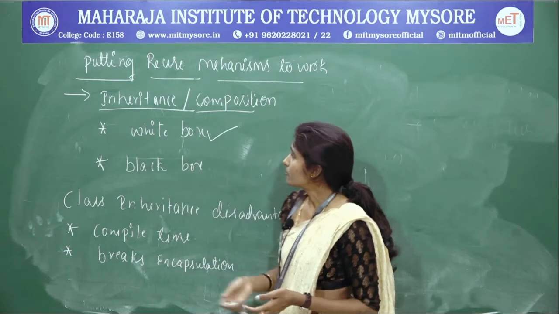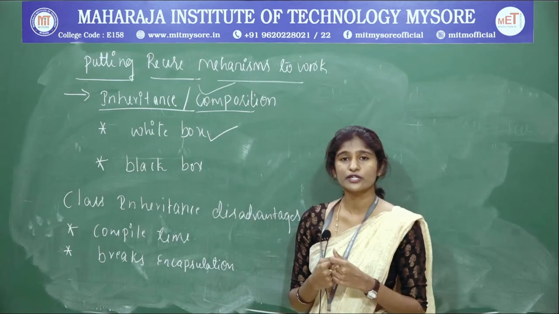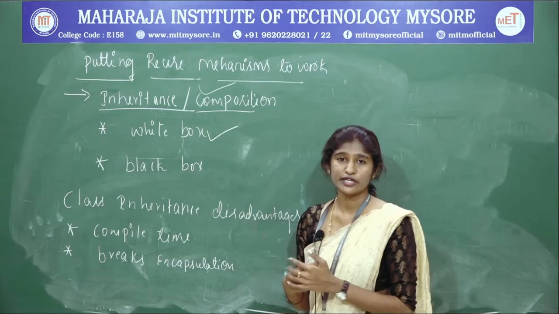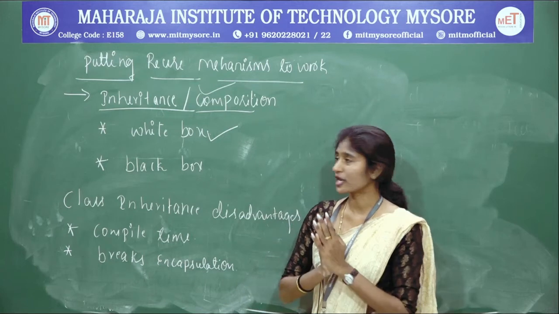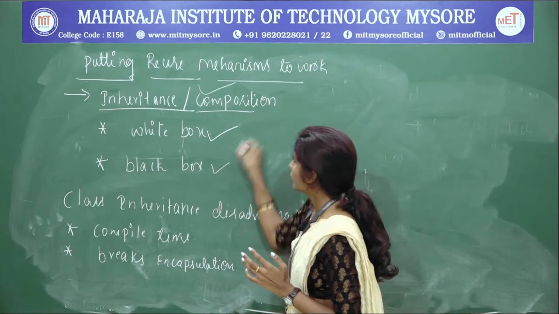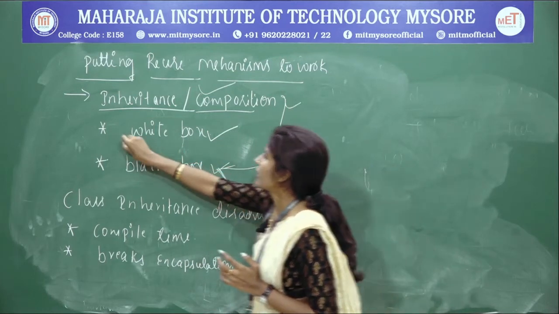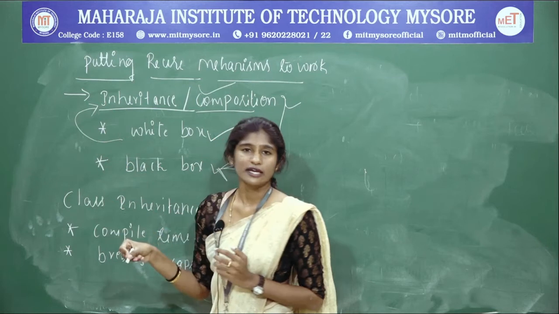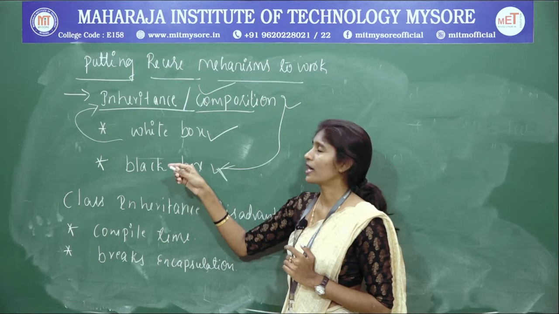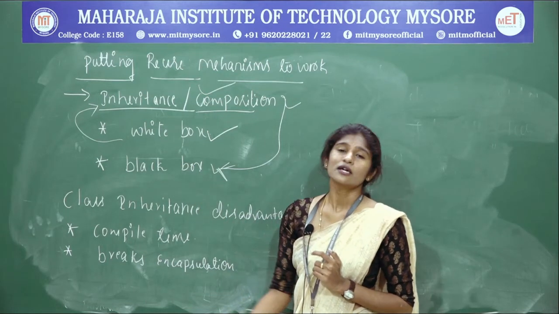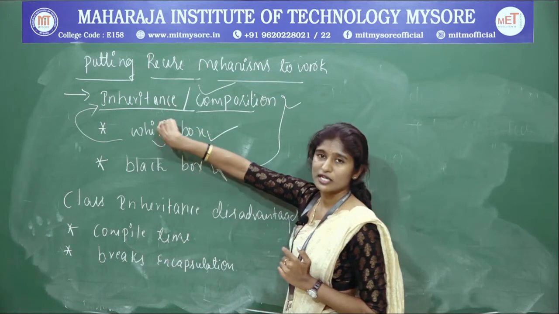But composition deals with the interfaces. It is not going to expose the implementation details. It acts with respect to the interfaces, so it provides only the abstractions. In that case I am going to denote composition as a black box. The white box denotes the inheritance concept. Why? Because there is no hidden information over there, since you have given your child or derived classes the chance to access the things that are present within you. So I denote it as a white box.